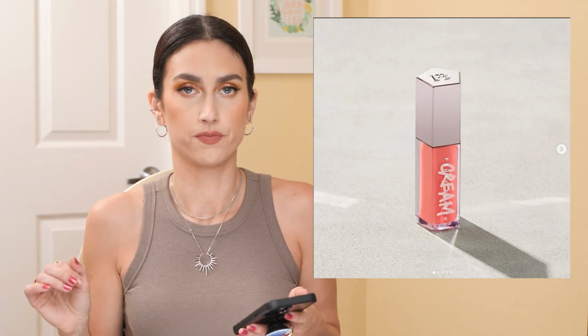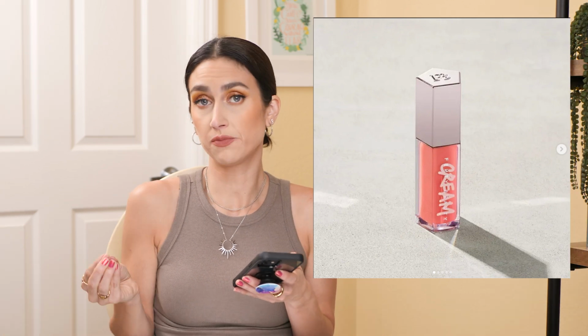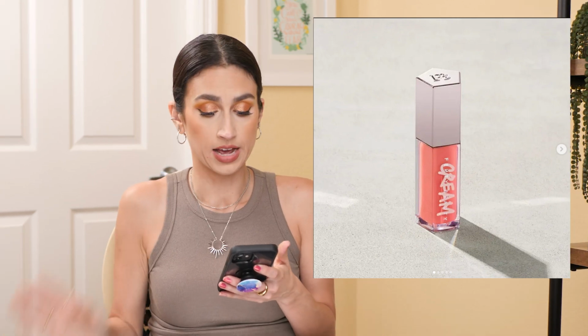Okay, Fenty has released a full size of their Fenty Gloss Balm Cream in the shade Peach Pout. I love a warm tone lip, and I love the Fenty Gloss Balm. It is my favorite lip product of all time. And I like the cream version. I like the original version more, but